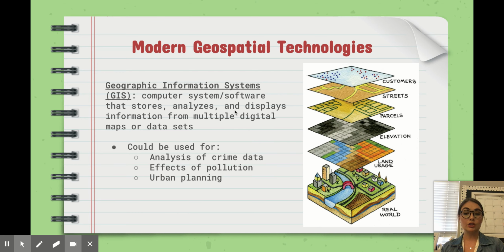All right. So GIS is used for analysis of crime data, effects of pollution, urban planning. It's used for so many things. An example of how it could be used is if you got a map of crime. Okay, and so you put a map of the most criminally active places in the state. So the most criminally active cities, and maybe on top of that you could put